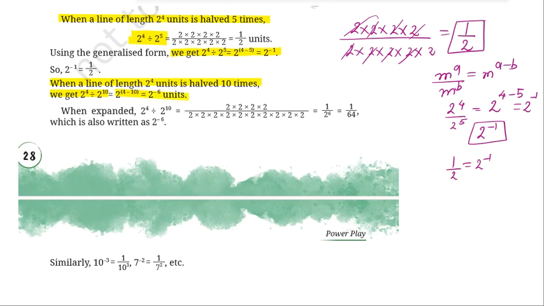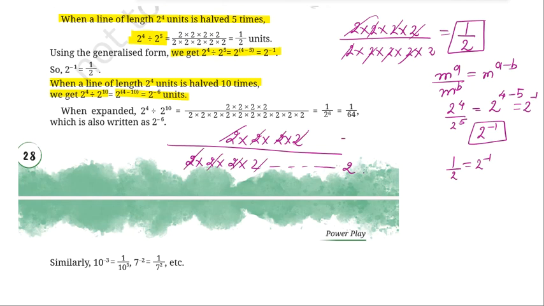Now again let's do it with the original version. कैसे करेंगे? 2 times of 2 times of 2 times of 2 आपने न्यूमरेटर में लिखा और नीचे आप कितने बार लिखोगे? 2 times of 2 times of 2 times of 2 and so on up to how many times? 10 times. तो ये आपके 4 पावर्स, ये आपके 4 2s तो कैंसिल हो जाएंगे तो बचेंगे क्या? नीचे बचेंगे 6 2s. 2 times of 2 times of 2 times of 2 times of 2 times of 2, which can otherwise be written as 1/2 to the power 6 or we can write 1/64.